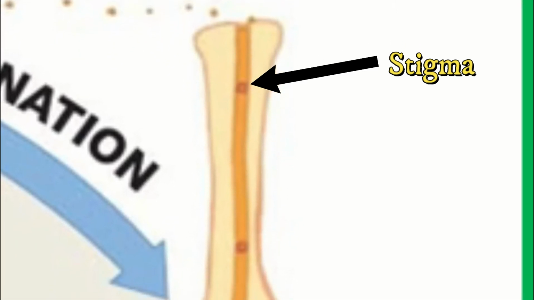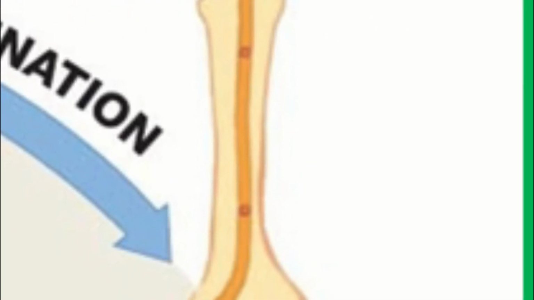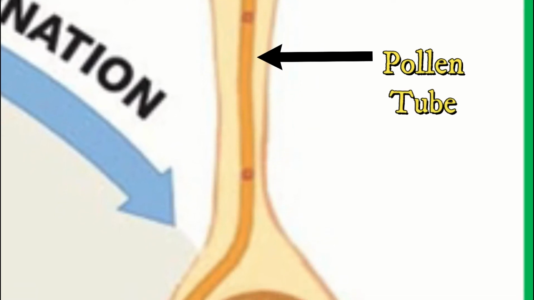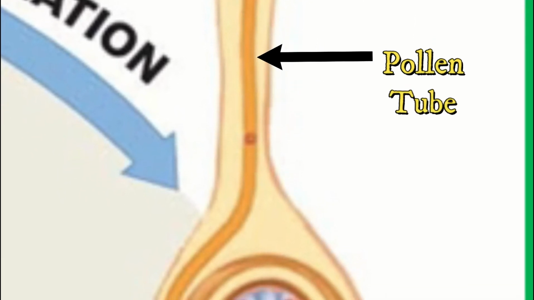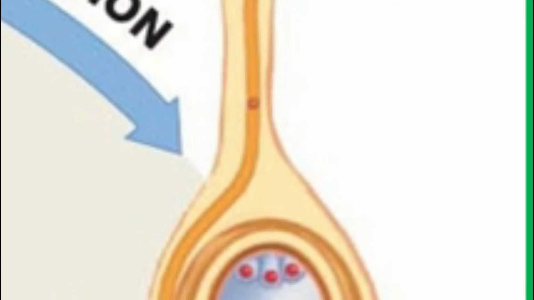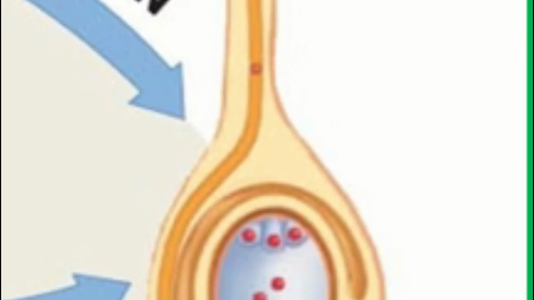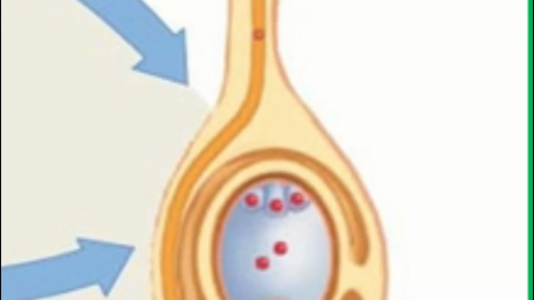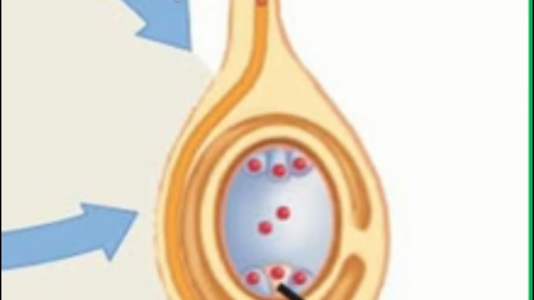Pollination occurs when a pollen grain from one flower attaches to the stigma, which is the top of that pistil, and it's going to create a pollen tube to head down towards the egg. Now, there's 2 sperm involved in this process. One sperm fertilizes the egg, giving it the 2N zygote designation, and the other sperm is going to travel to